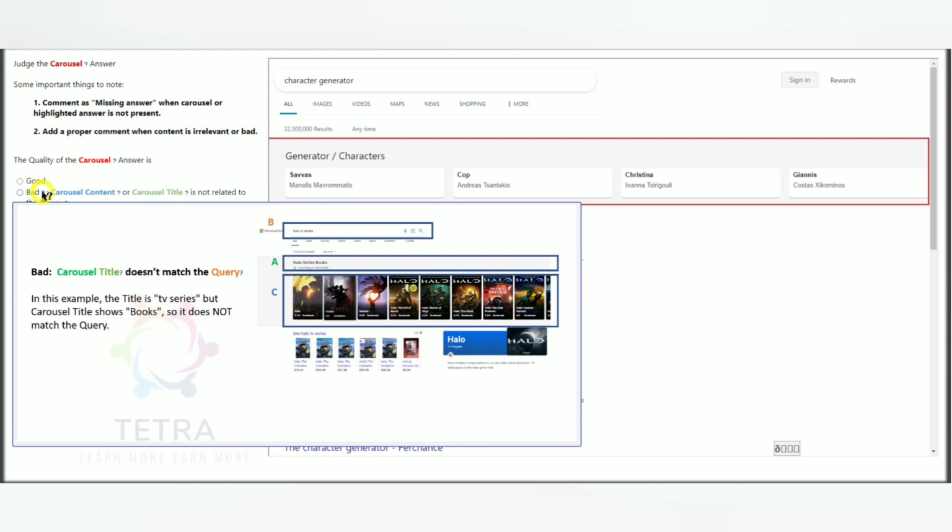In this example, the title is TV series, Hello TV series, given in B, and the title of the carousel is books, Hello series books. So it does not match the query. Whenever this type of query is observed, just go for the second option.